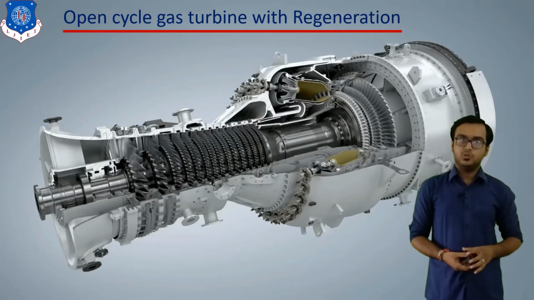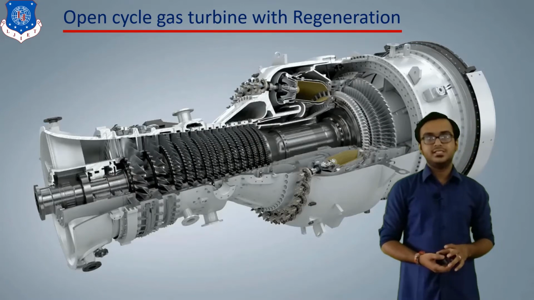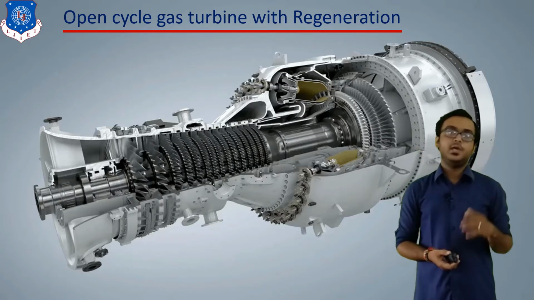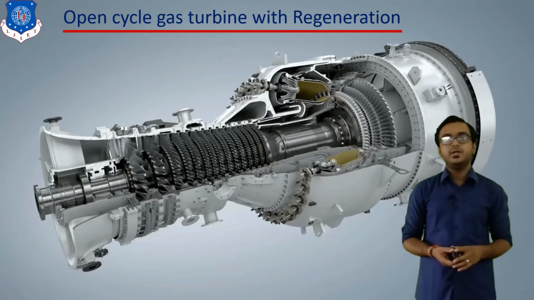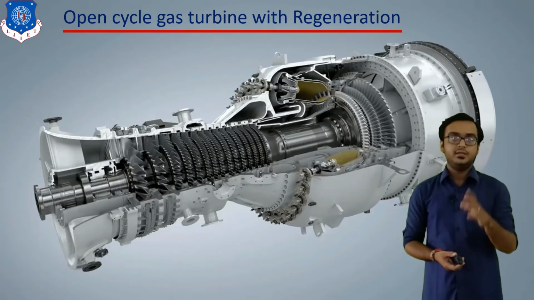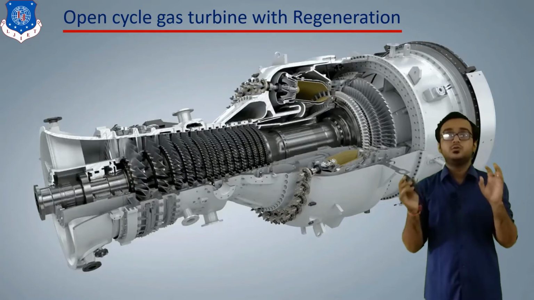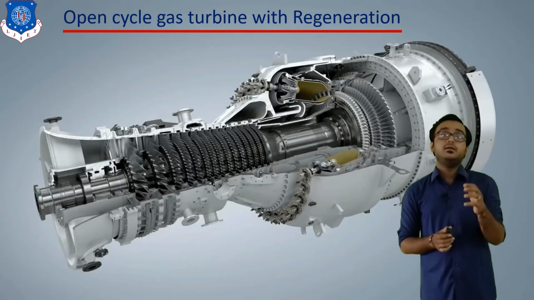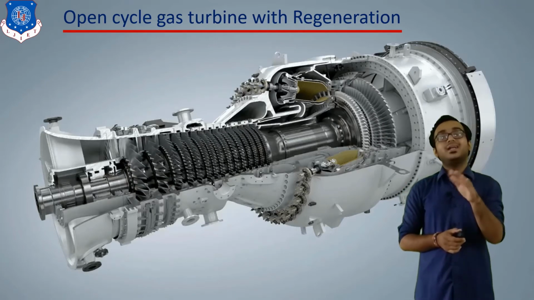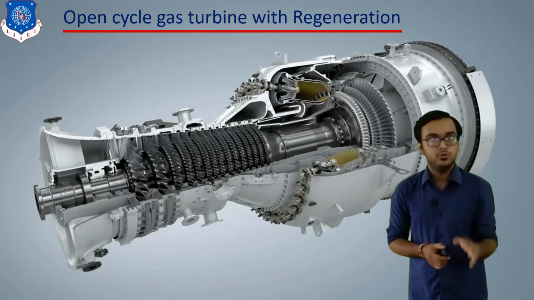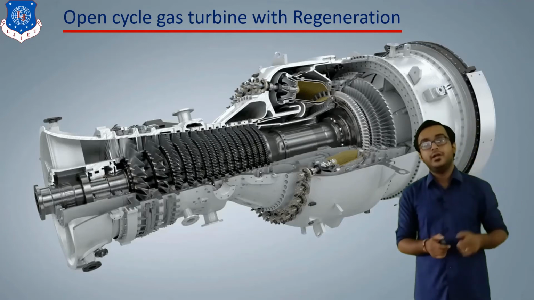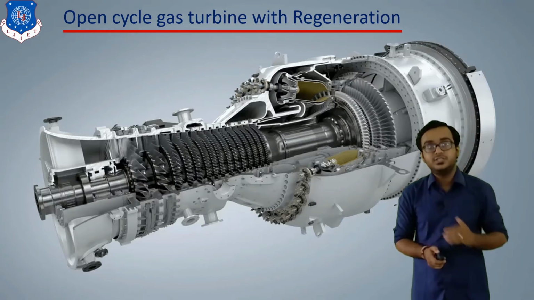In our past two lectures, we have discussed the efficiency improvement methods for the gas turbine. We have discussed intercooling and reheating. In intercooling, we observed that it is the method of temperature reduction between the two stages of compression, so that the volume of gas is reduced and hence the work performed by the second compressor is reduced. In reheating, we are incorporating more than one combustion chamber.